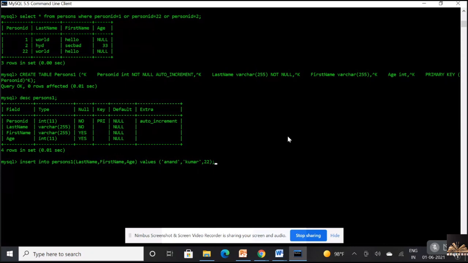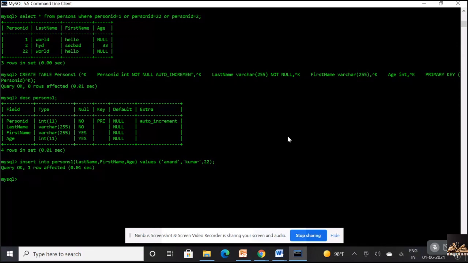See here, I'm only entering 3 values into the table. The table had 4 columns, one of which is a primary key. And all of you know that a primary key does not support null values. You cannot leave a primary key empty. But here, I'm trying to leave it empty. Now, once I enter this query, okay, 1 row affected.